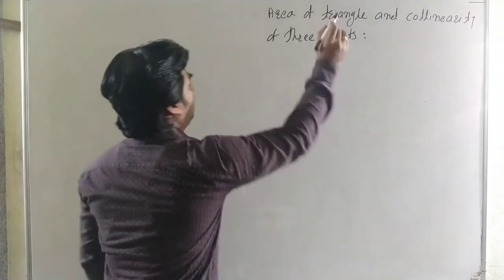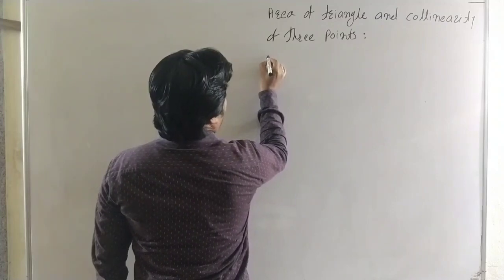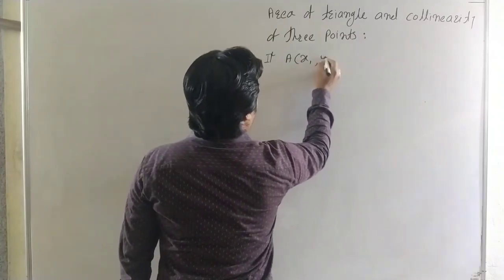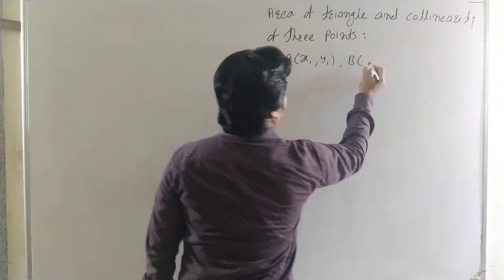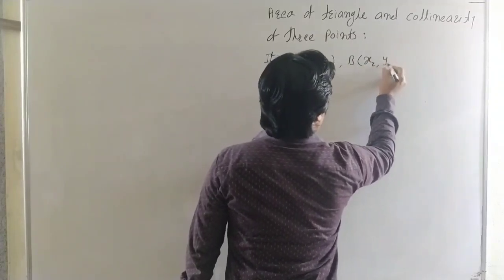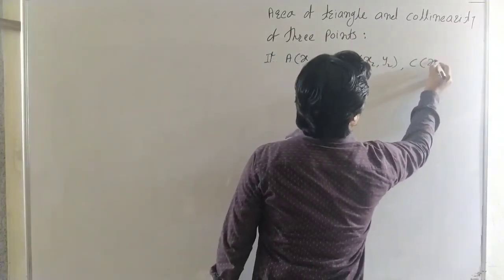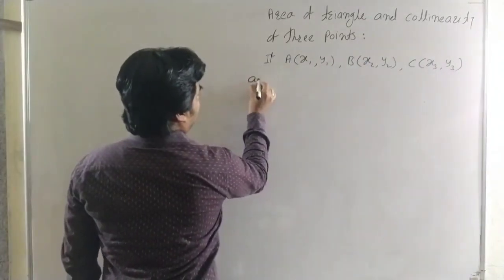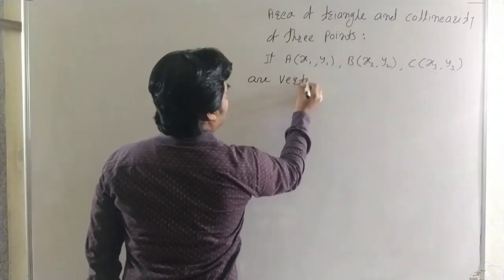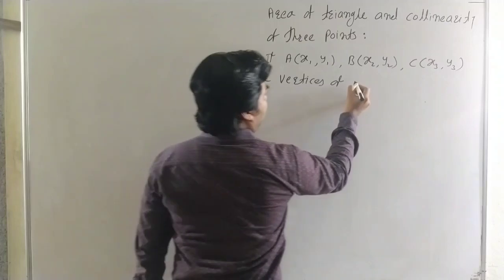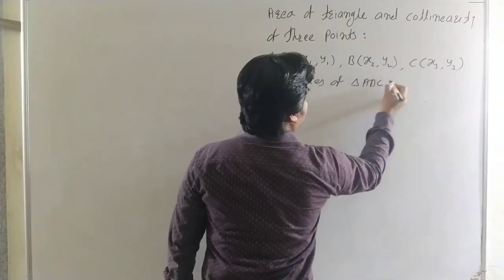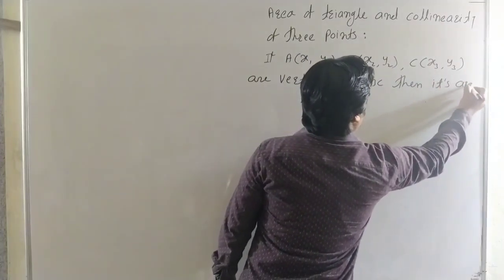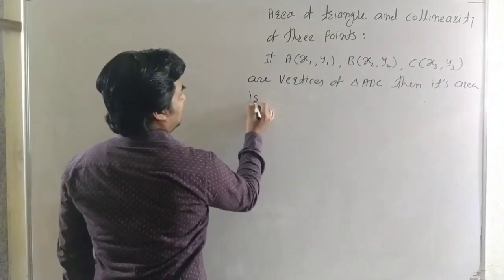Okay, here see carefully, suppose A is x1 comma y1, B is x2 comma y2 and C is x3 comma y3, the vertices of triangle ABC, then its area is given by,